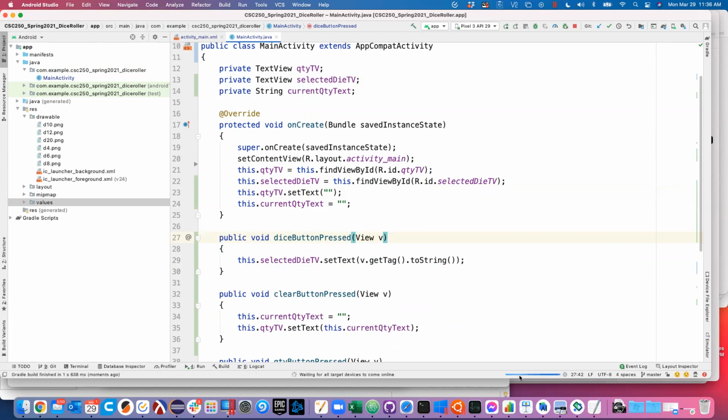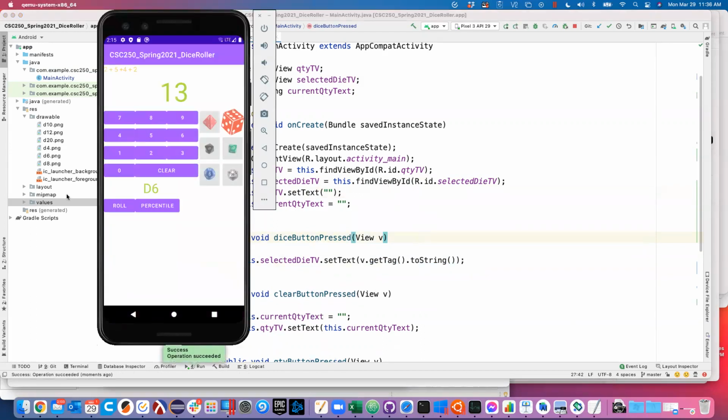Go ahead and run this again. So now it's a D4, a D6, a D8, a D10, a D12, a D20, and then we can do something like this, 25. And the idea would be then we can hit roll and it's going to do something awesome and go make zillions of dollars, right? All right. So next thing we want to do is, now that we have it giving us the ability to dial in things like this,